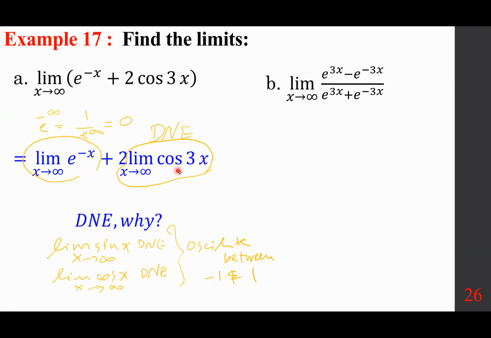Let's look at the limit of e to the power of 3x minus e to the power of -3x over e to the power of 3x plus e to the power of minus 3x as x approaches infinity. So again, it's not a rational function. It's a fractional function. And since x approaches infinity, we are going to use the same technique, which means